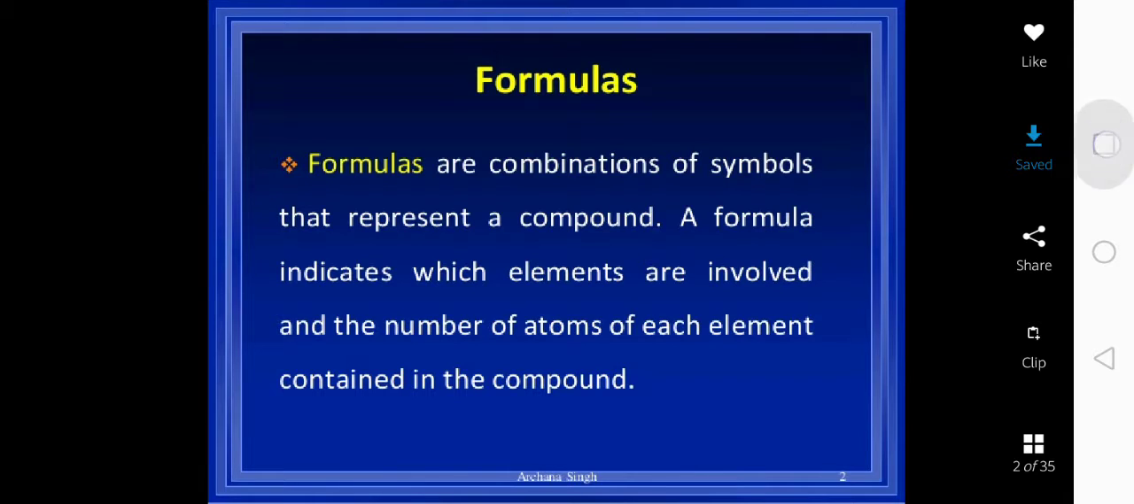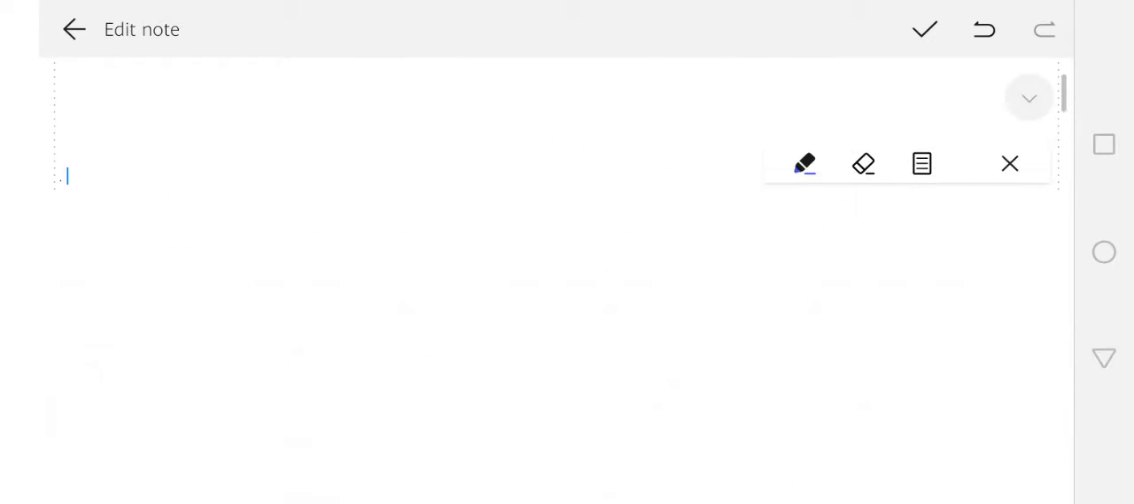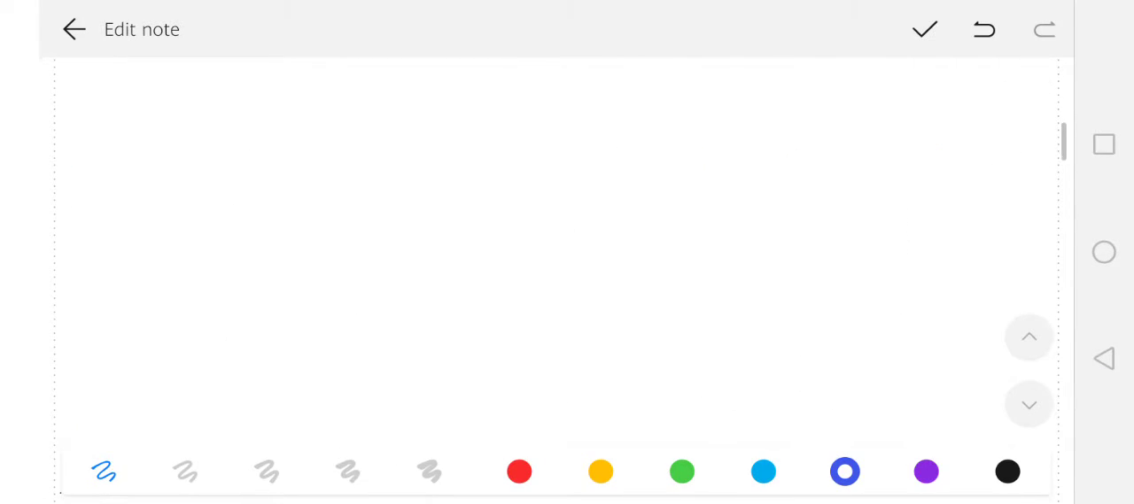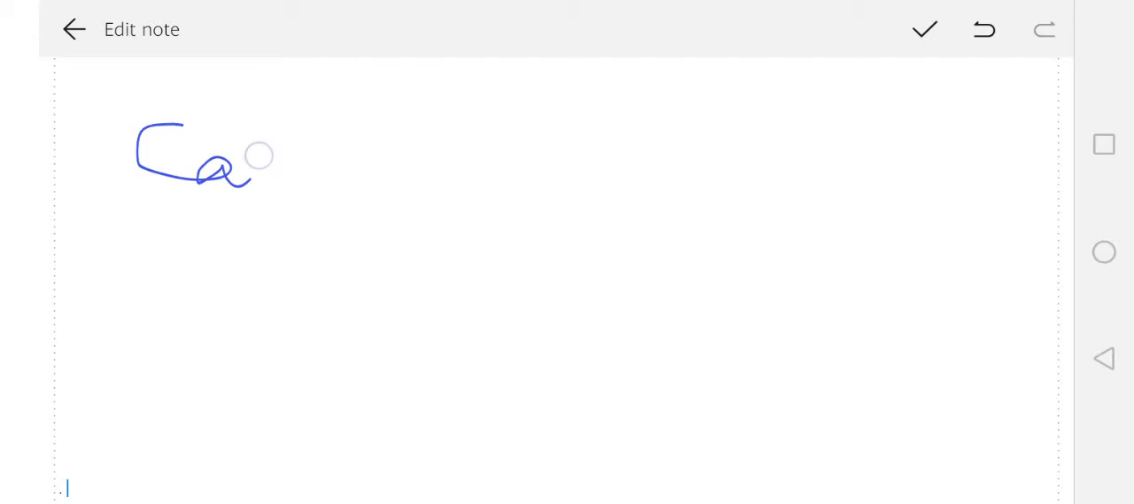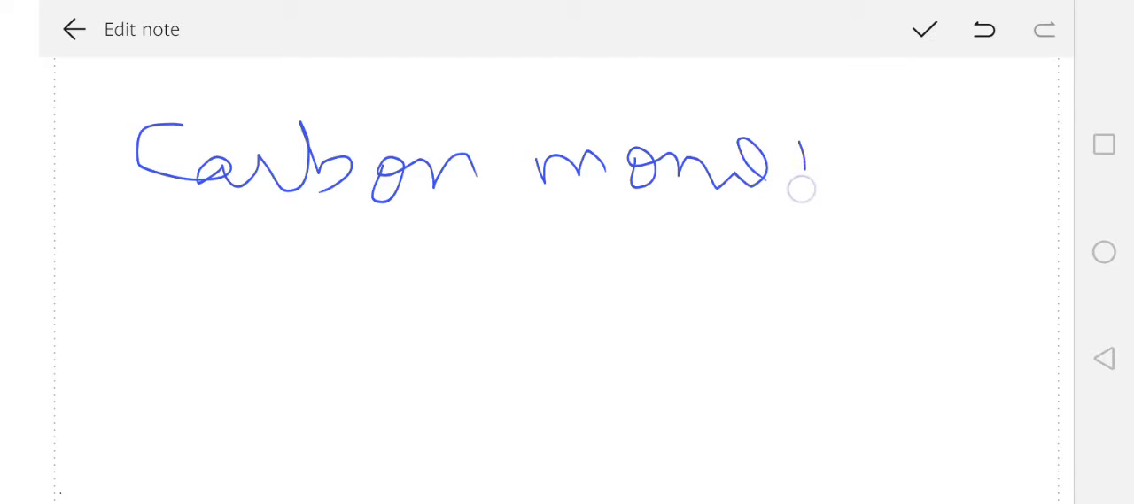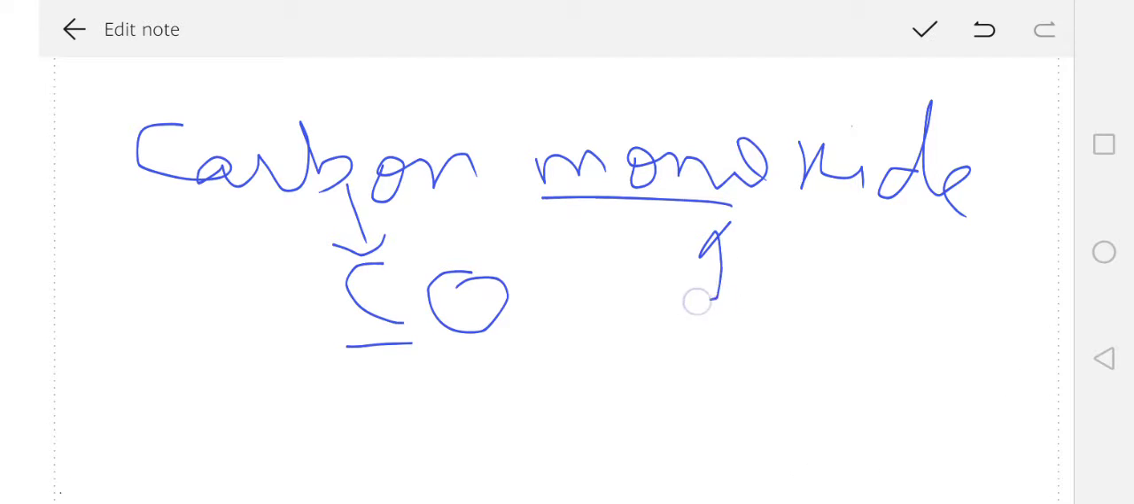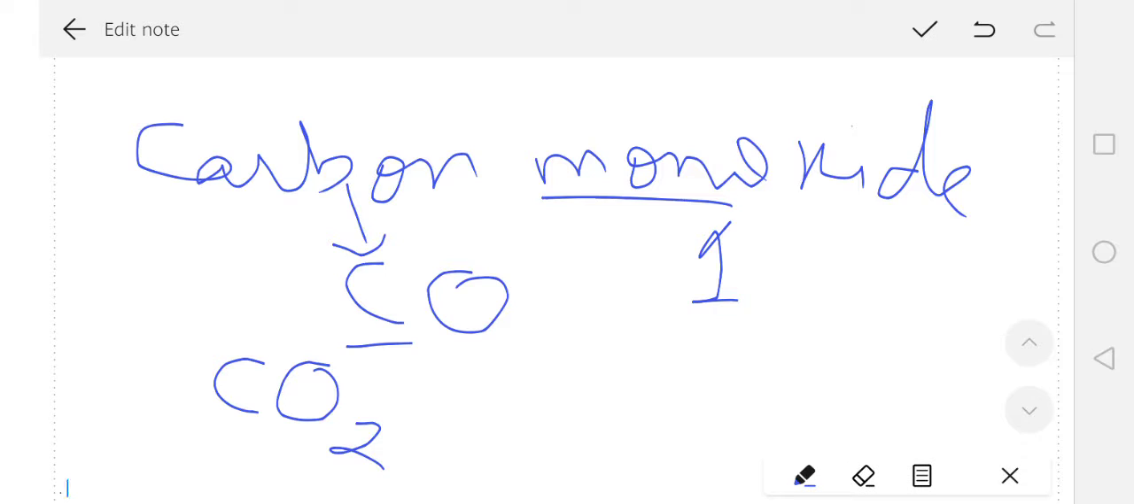For example, if we write about carbon monoxide, it has symbol CO. C stands for carbon, and monoxide means mono, meaning one oxygen, so CO. If we are supposed to write the formula of carbon dioxide, we write CO2, and this 2 is in lower case,